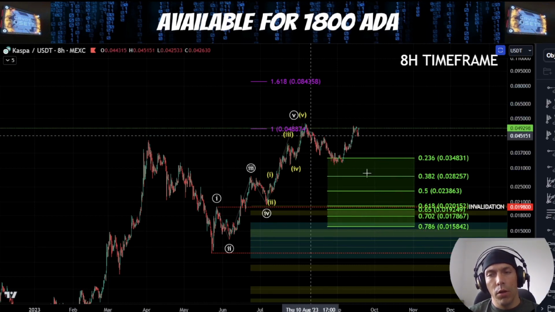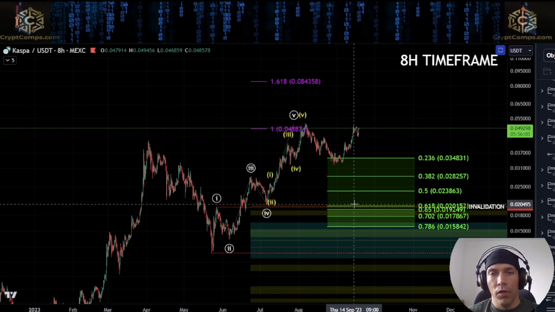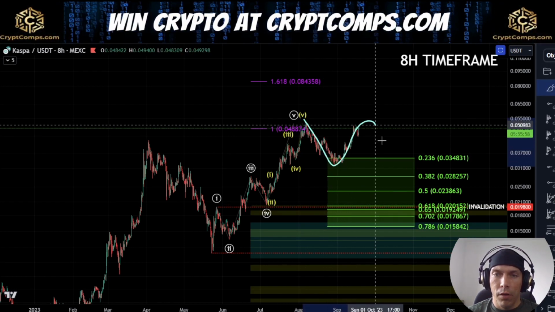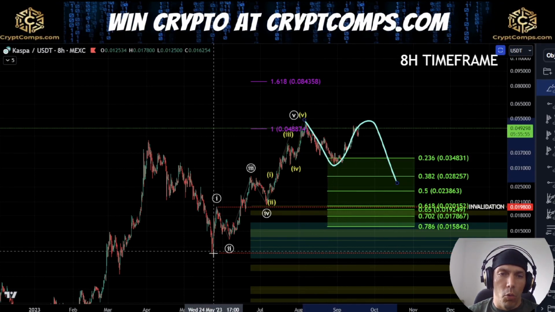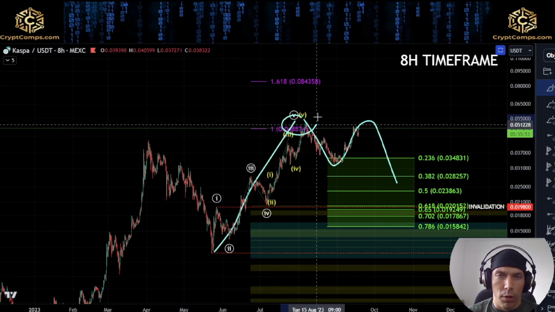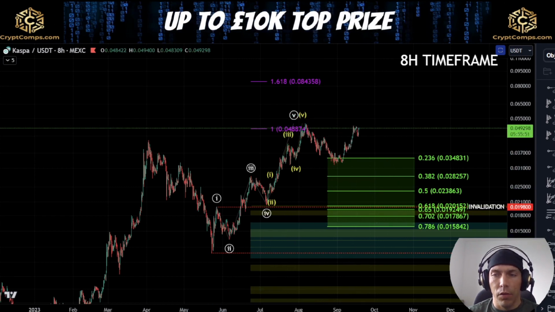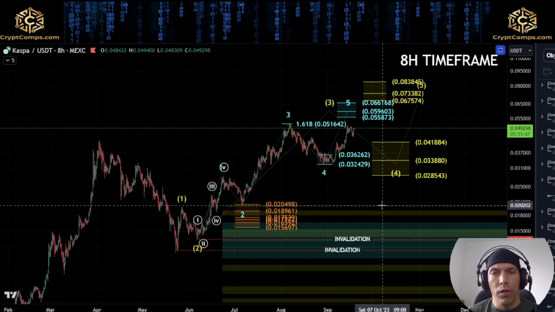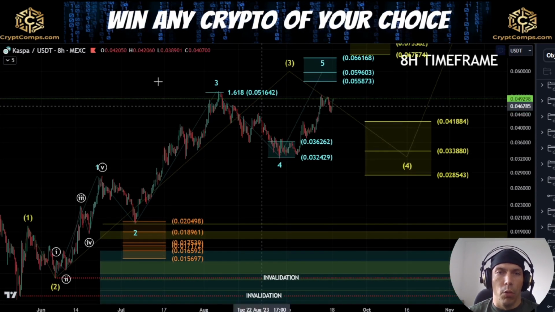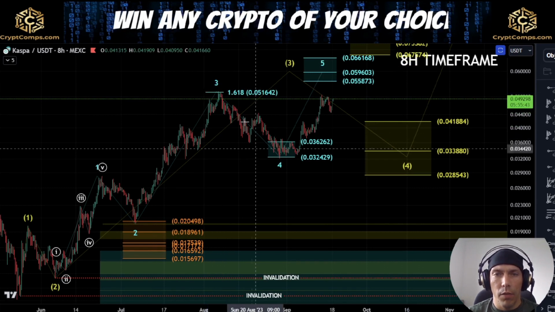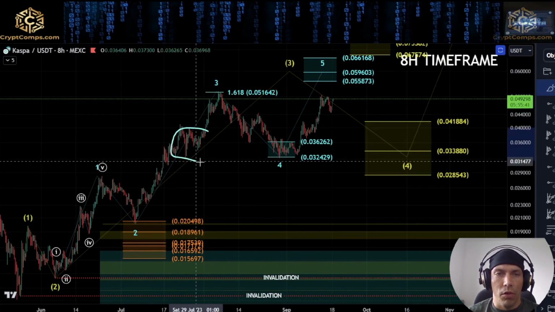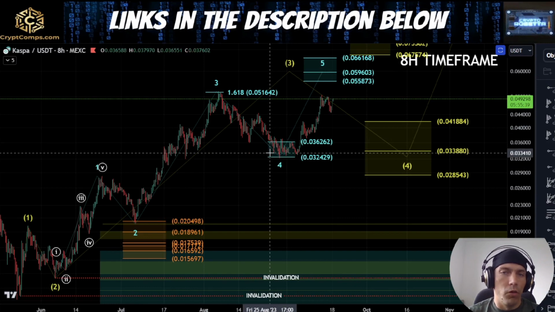So we're going to be talking about the primary way I'm looking at this. If we start to get a bigger corrective structure here, this would align more with this idea where this move actually completes into this high. So we need to just keep an eye on this and the subwave counting to see whether it's giving us any hints. Now within this idea, we've been talking about this for a while. Basically from this high over here, we're saying that we need to watch this previous structure, and we had a perfect reaction off this zone.